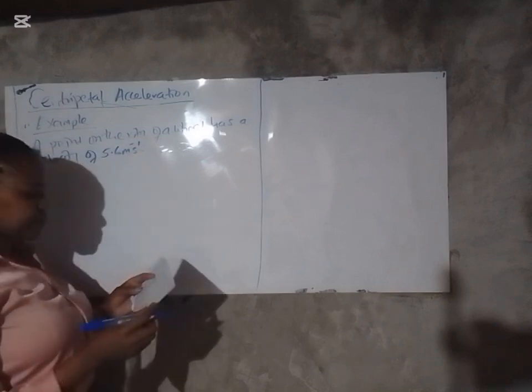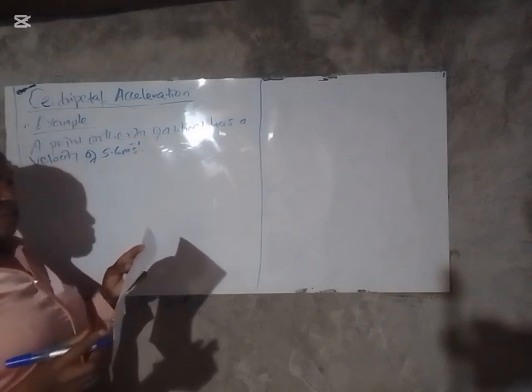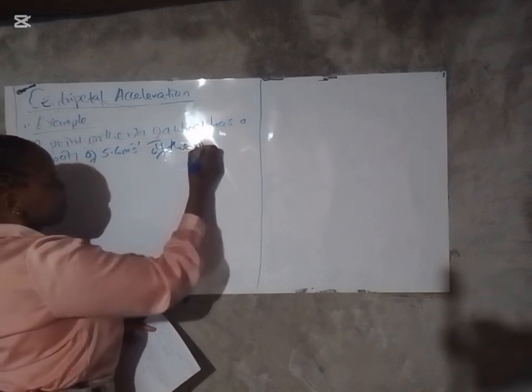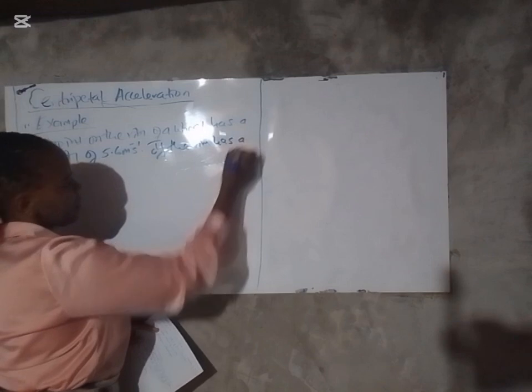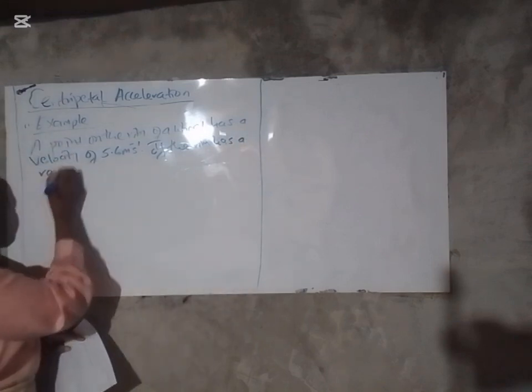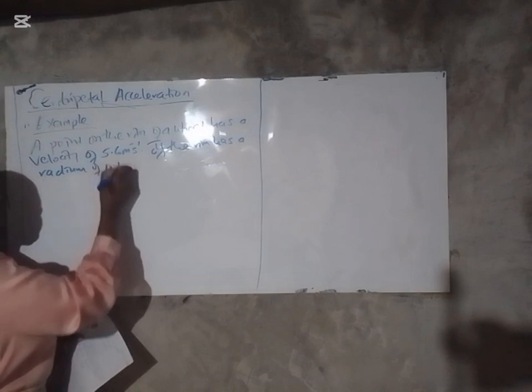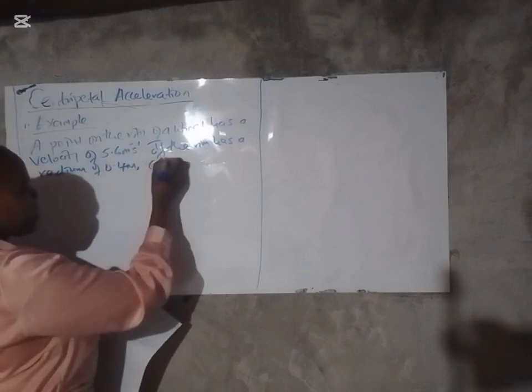If the rim has a radius of 0.4 meters, calculate